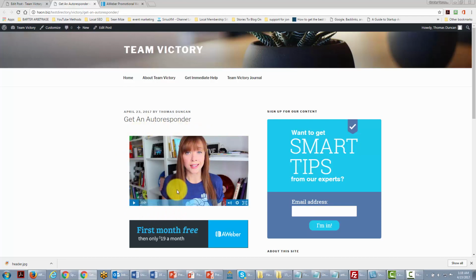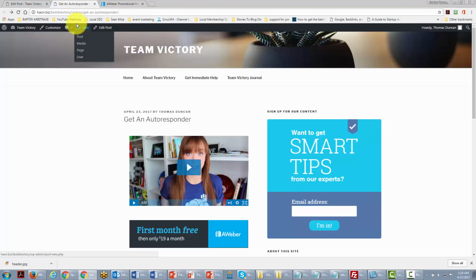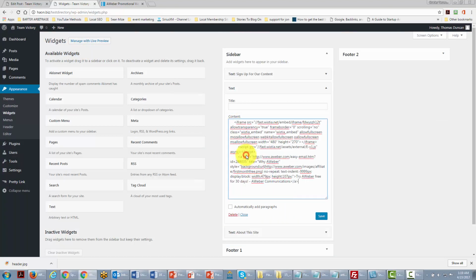Now, one of the other things that we can do is the very same thing that we did with our autoresponder code: we can put code in our widgets so that it will appear on all of our pages. So in order to do that, all we need to do is to go back to this area and find our widgets. And then we can take another text box, and in that text box, all we've got to do is put our code in this area again. We'll click Save, Close,